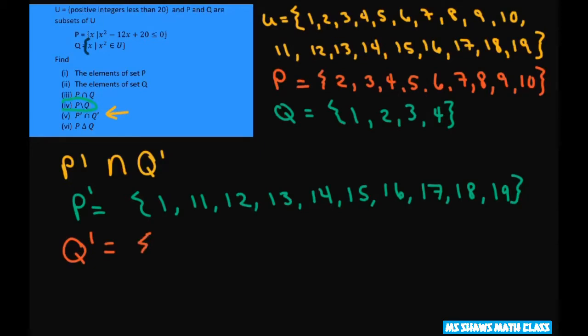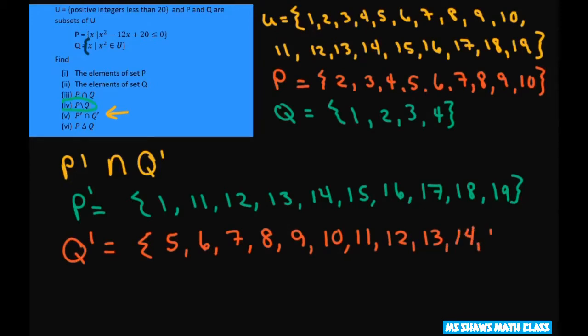So that's just going to be 5, 6, 7, 8, 9, 10, 11, 12, 13, 14, 15, 16, 17, 18,